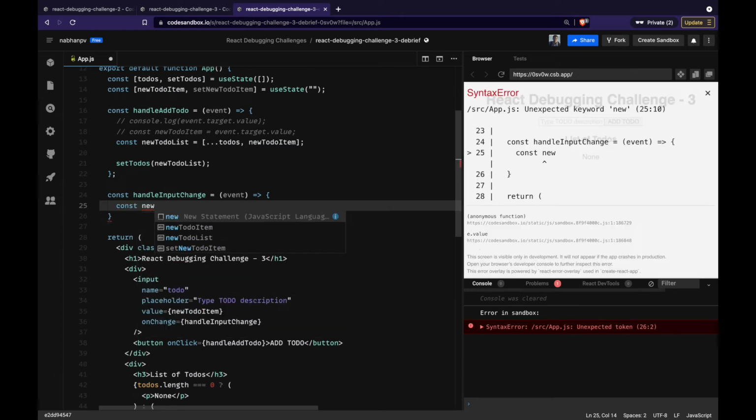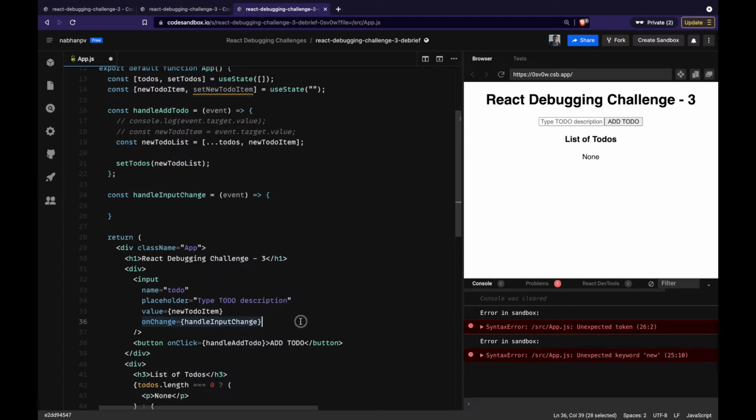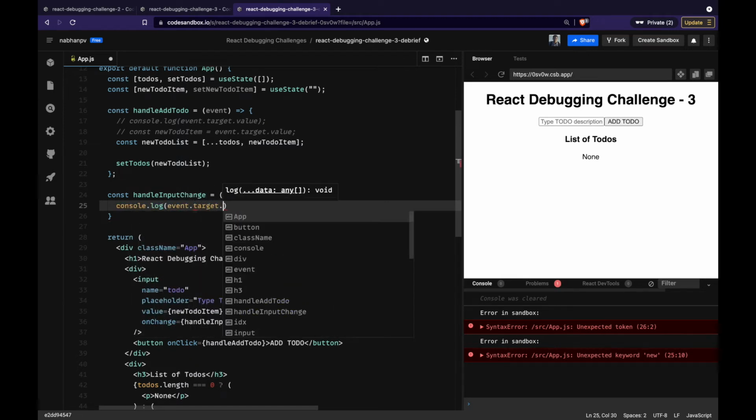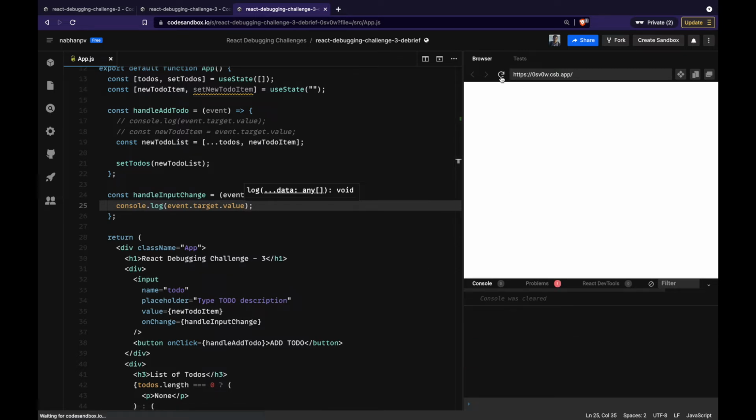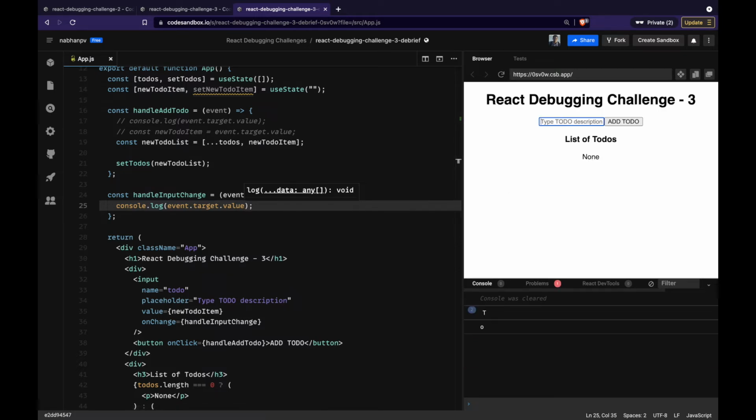This particular handler function will get called every time I type something. Let's quickly verify that by printing event.target.value. If I refresh this, you'll see that every time I type something, this is getting printed.